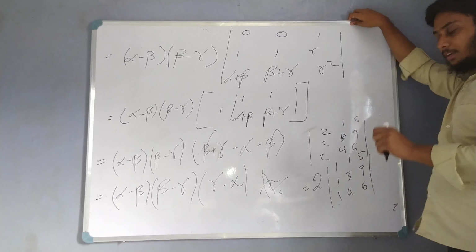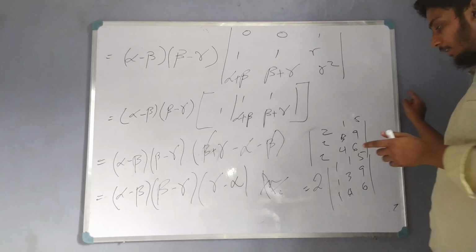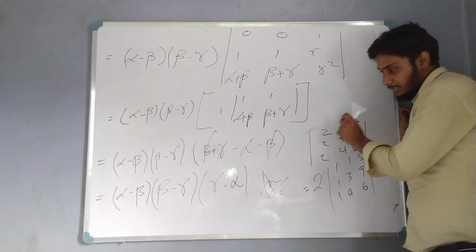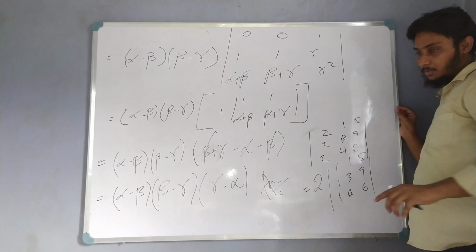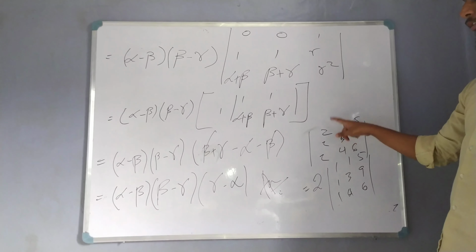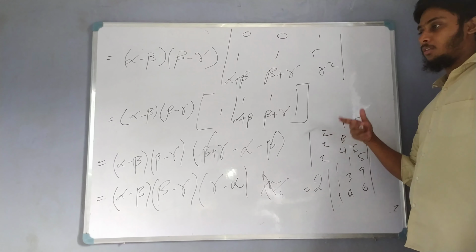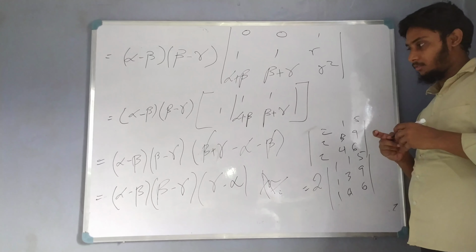So you can take any number as common from any row, from single row, not from all the elements, but in matrices. In matrices, we will see if we take single number as common, then it will be common from all the elements. But in determinant, from a single row, one row, you can take any number as common, or you can multiply any number in single row or single column.